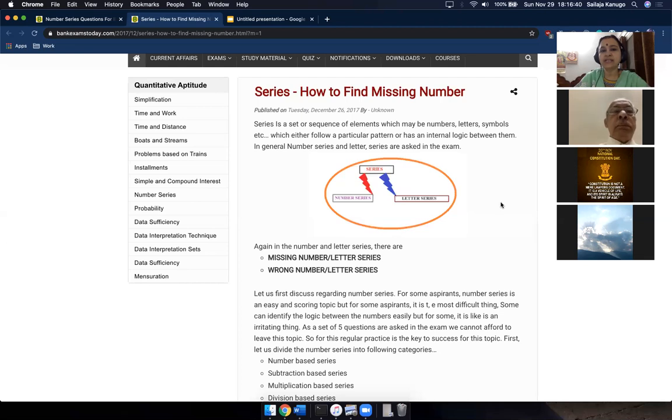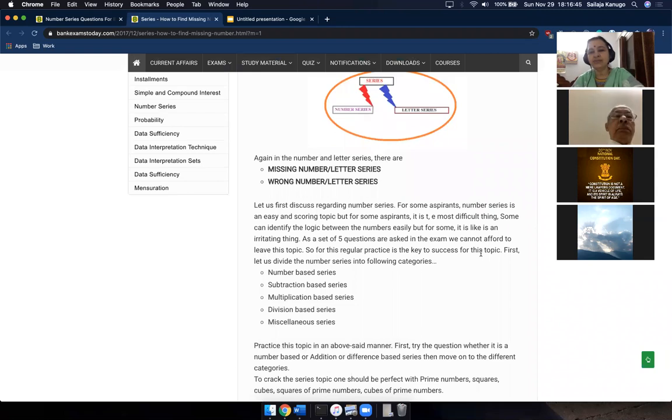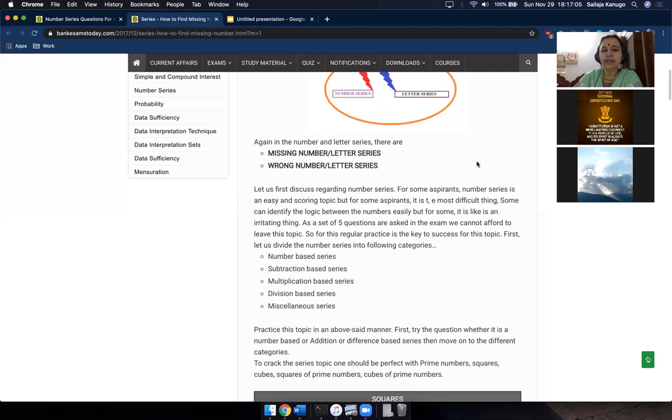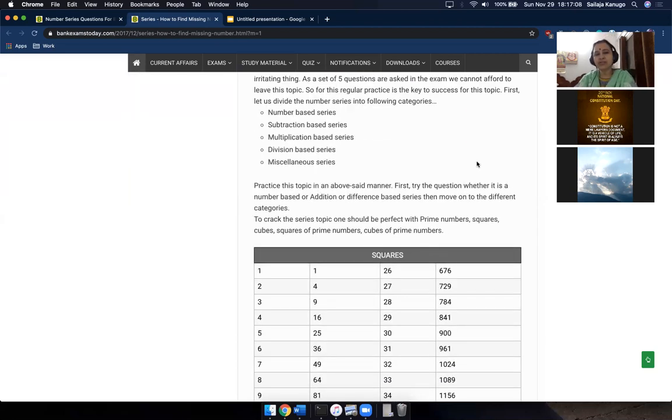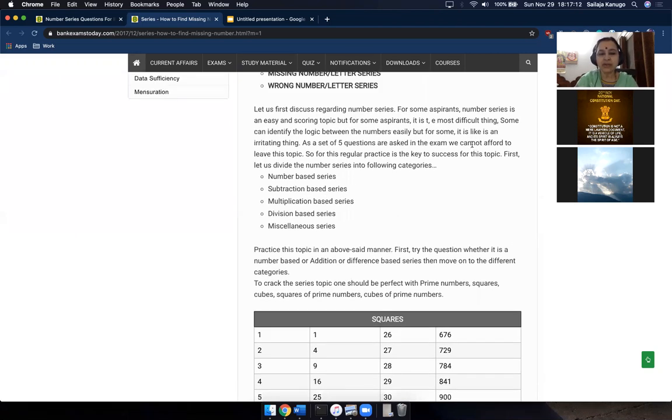Usually you will be given a series of numbers or a series of letters, and you have to find the missing number or missing letter in the series. So we have the number series and also the letter series. Today we will discuss the number series. Before going to the number series, we need to understand that these questions will be,